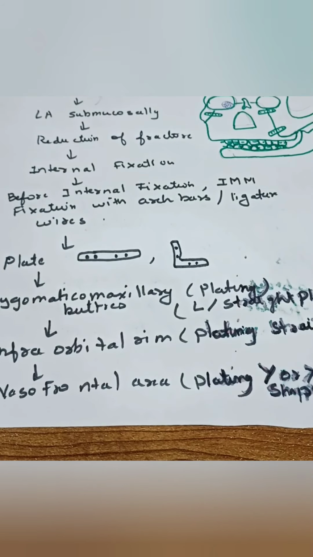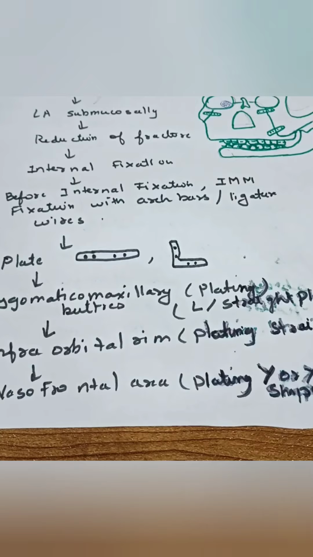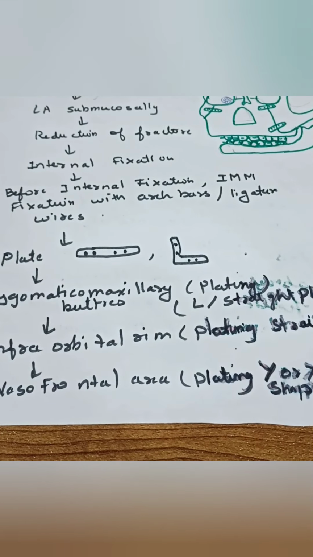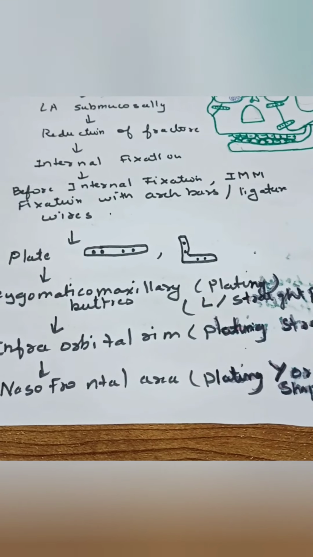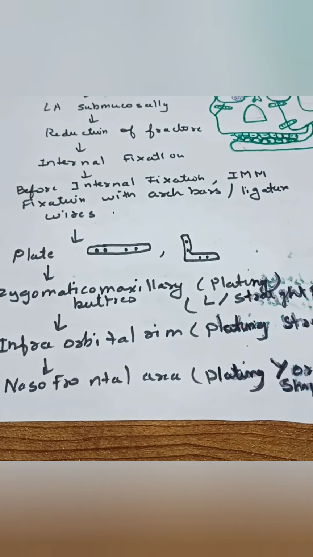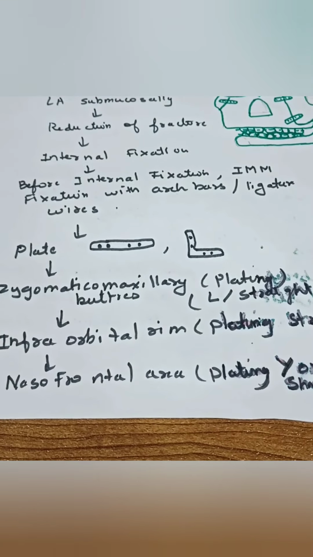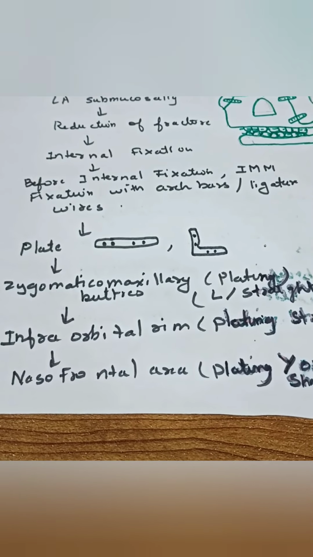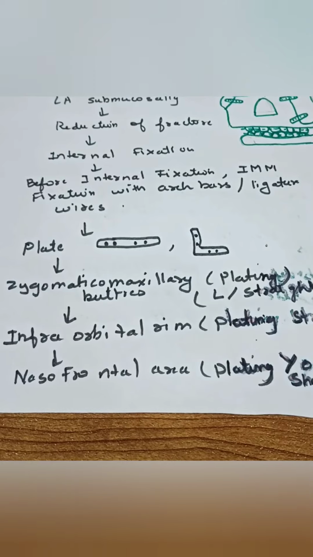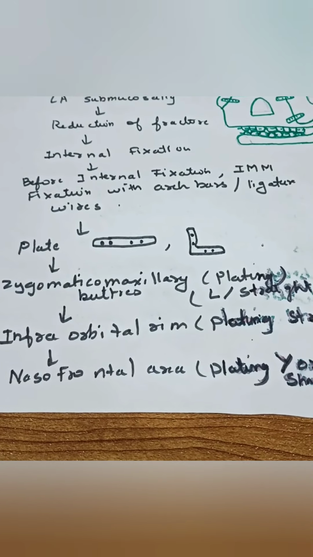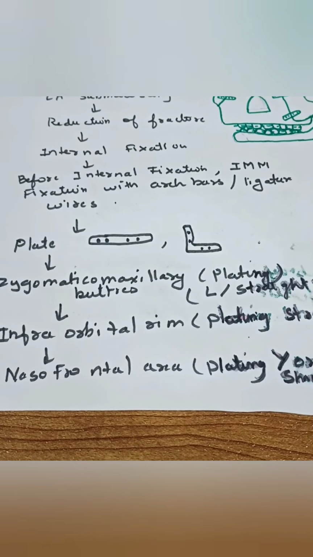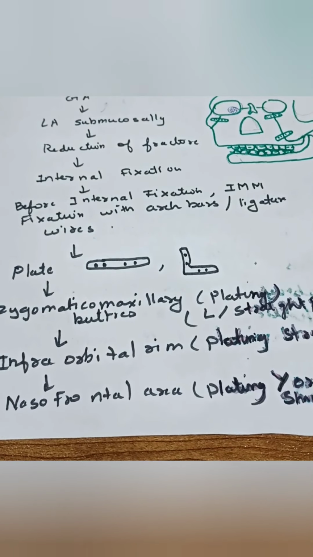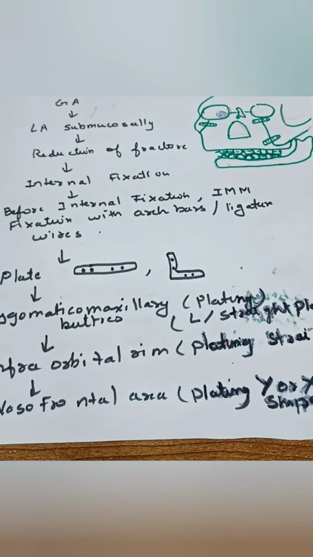Okay, now coming to the open reduction. First of all, if you have to do open reduction for the patients, minimum within 7 to 10 days you have to do the surgery. Otherwise the bone has a tendency that it will join on its own. So osteosynthesis can occur in such patients, and then the patient will have a lot of problems. So you have to do the surgery within 7 to 10 days after the fracture has occurred. So what you do is nasal intubation.